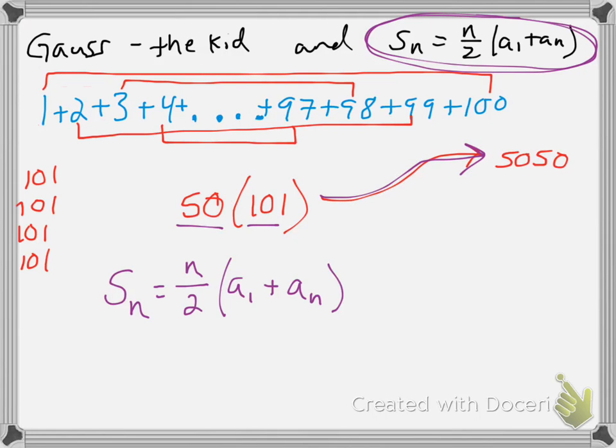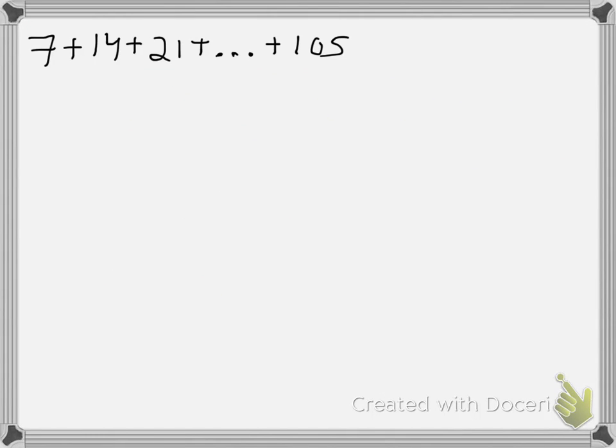So you need to be able to do this. You need to be able to evaluate different arithmetic series. And so I want to give you another example to do really quickly. It's one that has a little bit harder of a step. So here we've got 7, 14, 21, all the way to 105. I can see that I'm adding 7 every time. So I've got a common difference, which is great. I know the first term. I know the last term.